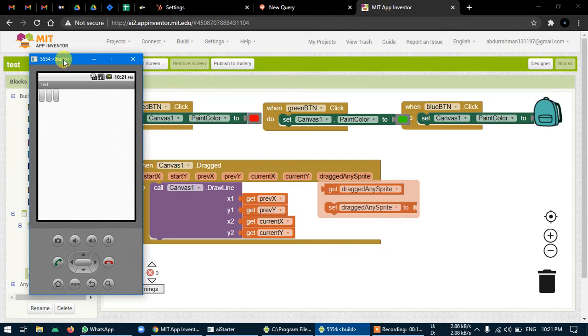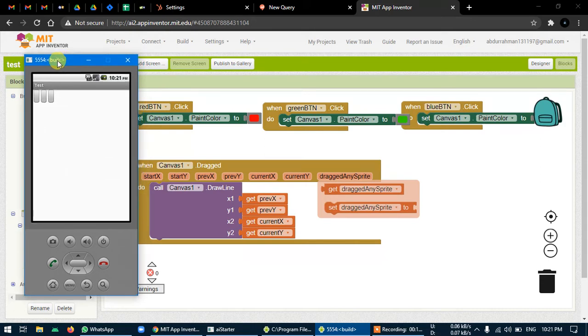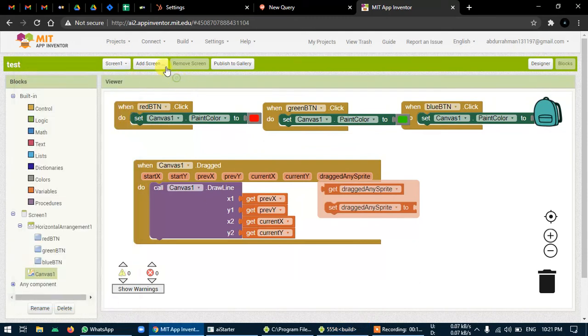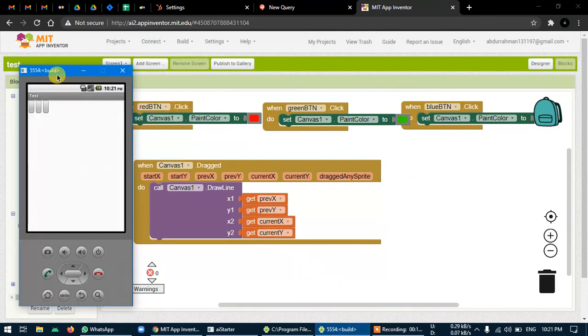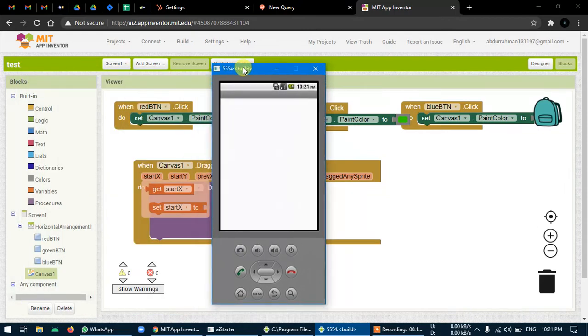It's getting refreshed now. I think it has a problem, so let me refresh it again. Refresh companion screen. Not able to receive the blocks.